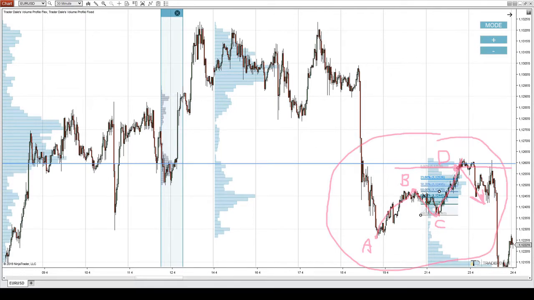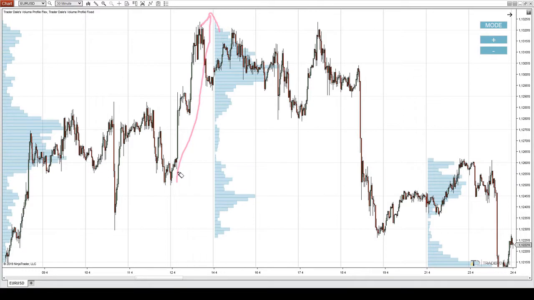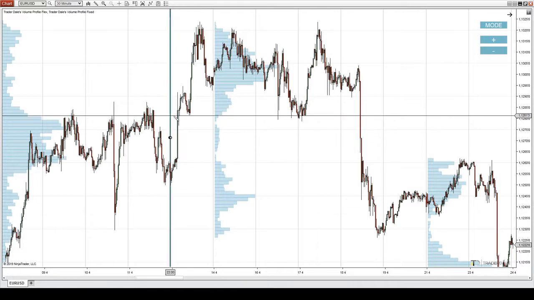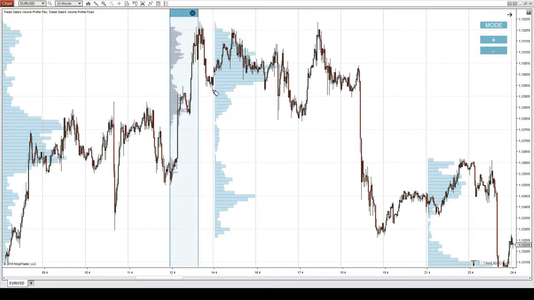Now let's have a look at this trend. This is a nice place to look for the trend setup. So let's have a look at how the volumes got distributed in here. Now in here, there is a strong volume cluster right there, heavy volumes here and here. And what I also like about this zone is how the price reacted to the zone in the past. It was rejecting this zone, so it was a resistance, and when the price blew past it, this resistance became a support. So currently this zone is a support,